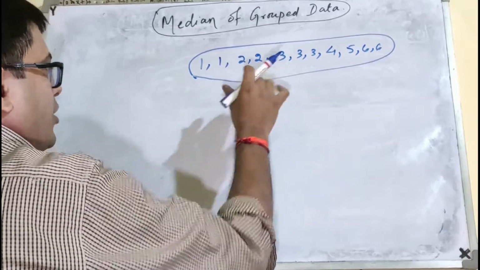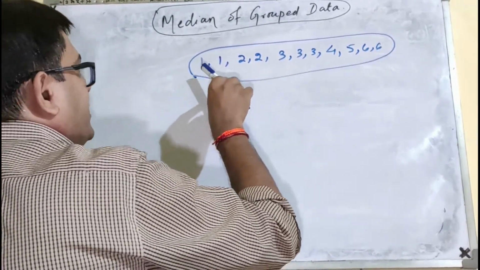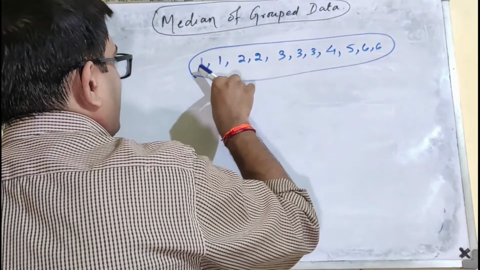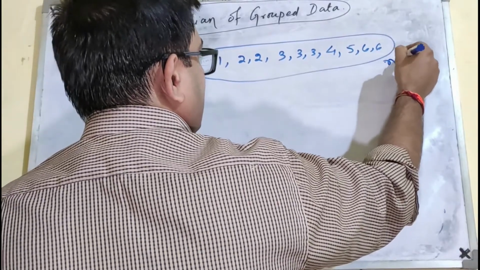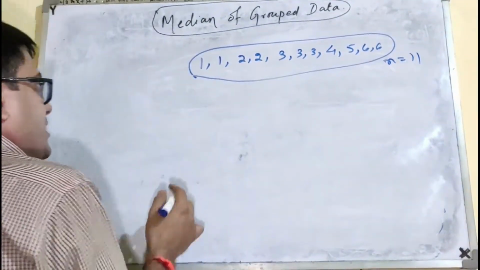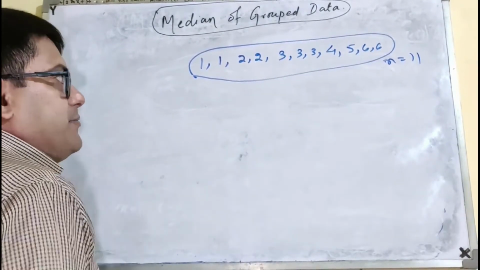But I'm taking the ordered data set like this. So how many data points do I have? What is the value of n? It is 1, 2, 3, 4, 5, 6, 7, 8, 9, 10, 11. So n is 11. Now, let's say that these are the marks obtained by the students